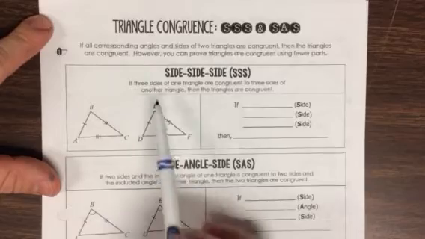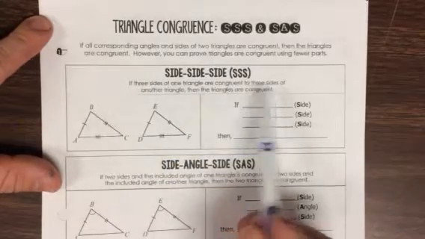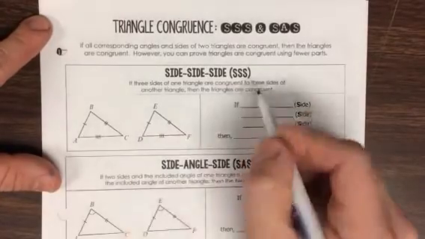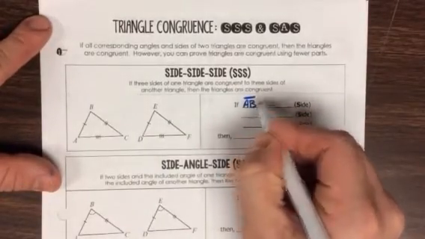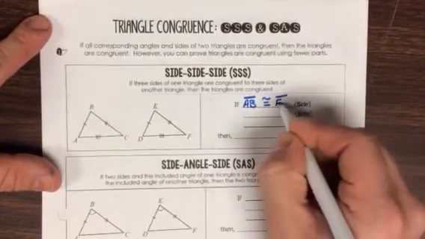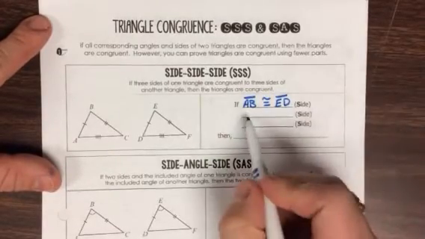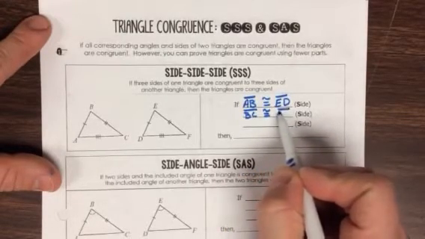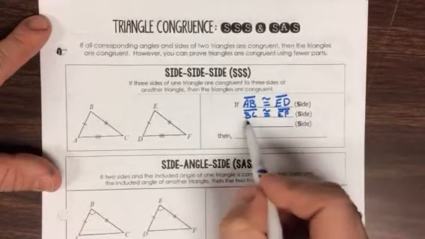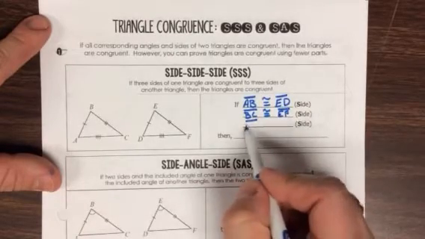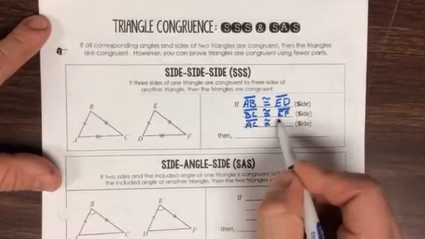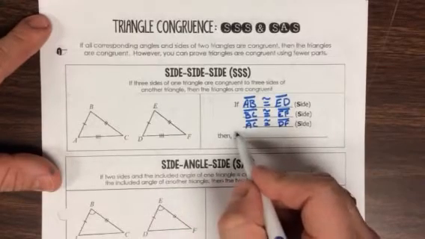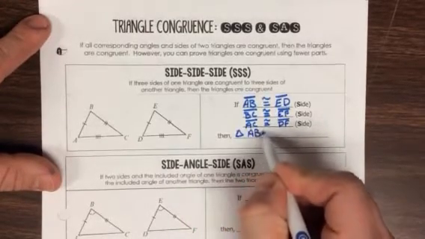If three sides of one triangle are congruent to three sides of another triangle, then the triangles are congruent. So in this case, if segment AB is congruent to segment ED, and segment BC is congruent to segment EF, and segment AC is congruent to segment DF, which we know they're all three marked for us, then triangle ABC